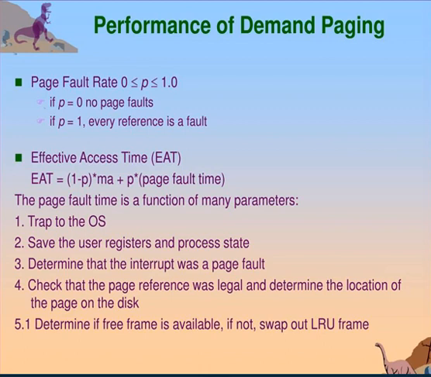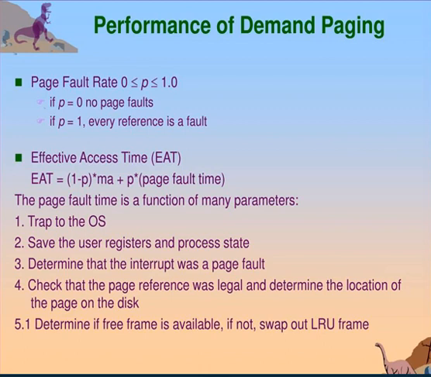For most computer systems, the memory access time, that is MAT, and EAT are different. EAT is nothing but effective access time for a demand paged memory. Memory access time, denoted by MA, now ranges from 10 to 200 nanoseconds. That is the memory access time. As long as we have no page faults, the effective access time is equal to the memory access time.